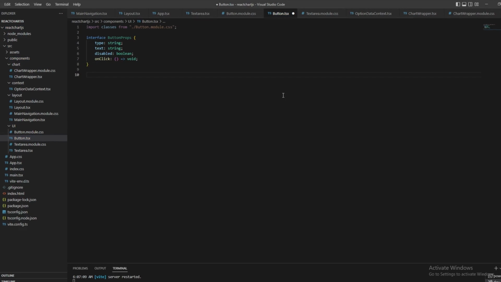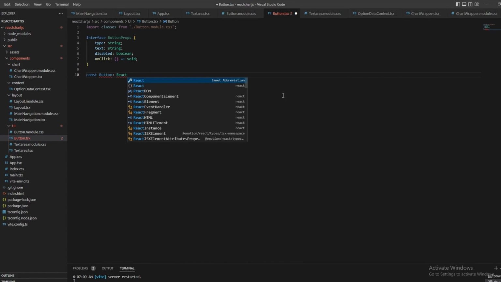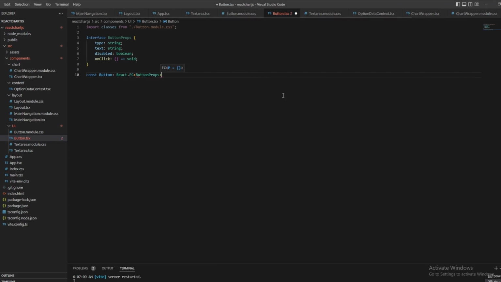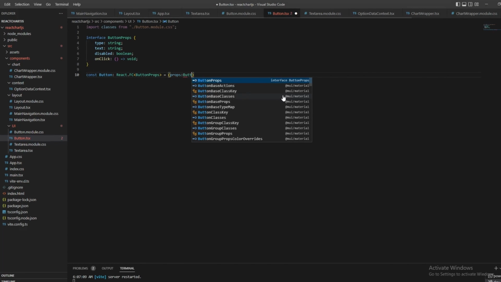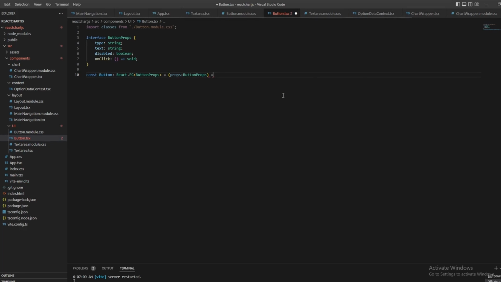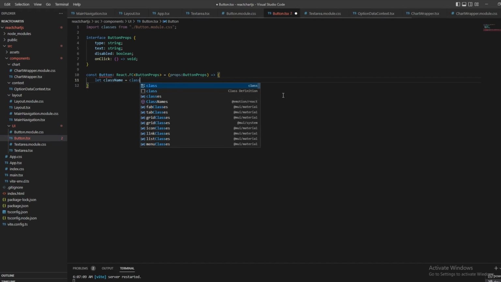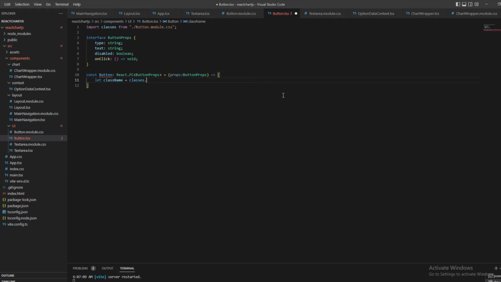After that we will have the text, the disable, and the onClick property, and we can begin by writing const Button is going to be React.FC ButtonProps, and right now we can define our props. Let's say props is going to be ButtonProps because there are too many and I'm too tired to write them all. And let's define our className, that is going to be by default